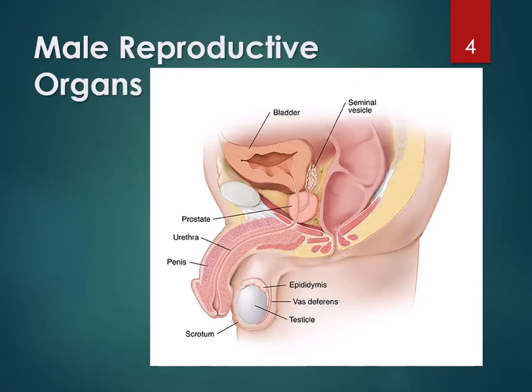So this is the male reproductive system, and you have pictures of this, and all the parts that you need to know are listed in your lab manual and on your master list. What you should know,